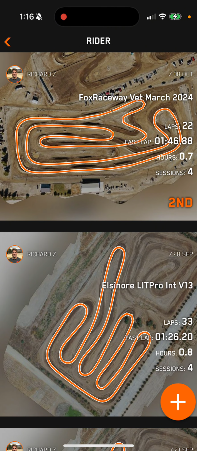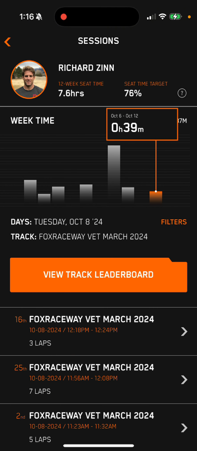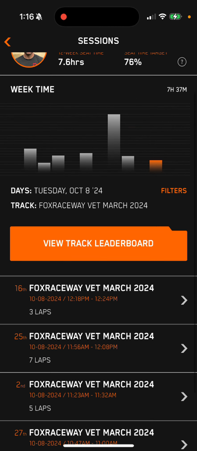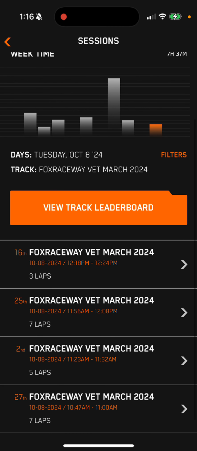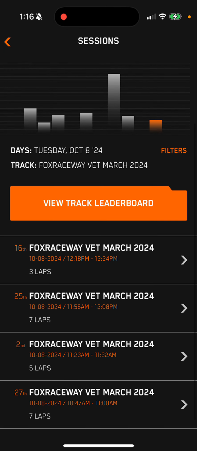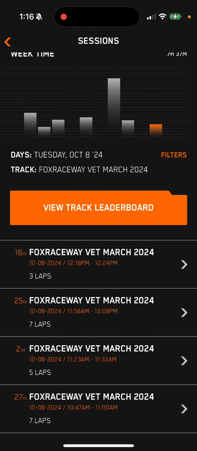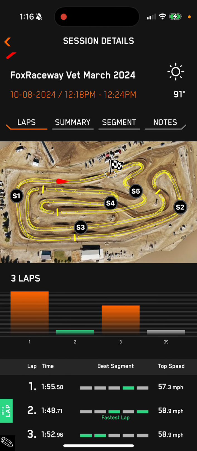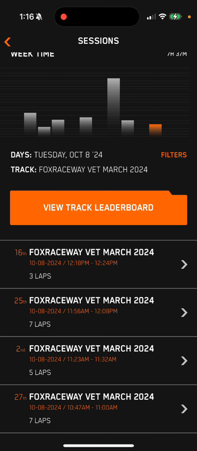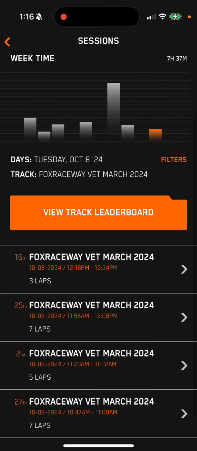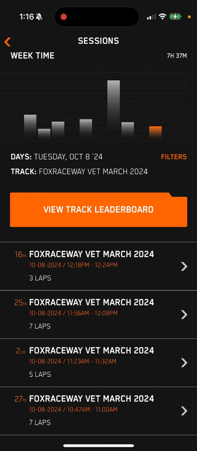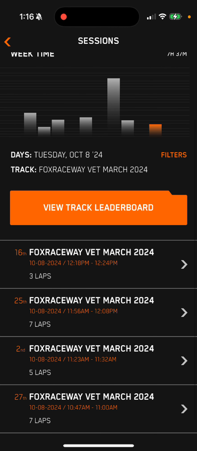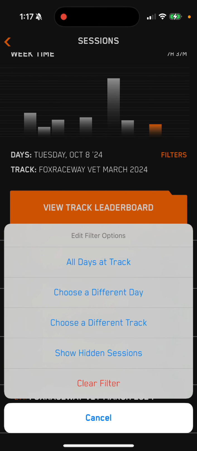So click on the session you want to look at, and now you're seeing a list of your sessions at this track. Off to the left here, we have the 16th right there in the top left corner. The 25th, see that number off to the left there? That's just saying that that's your 16th fastest effort at this track or whatever. So I'm gonna just open this up and